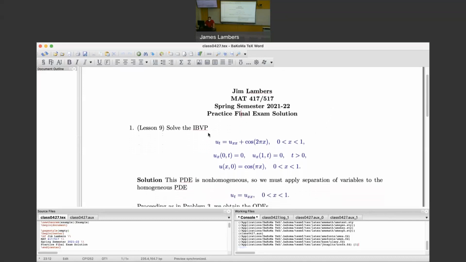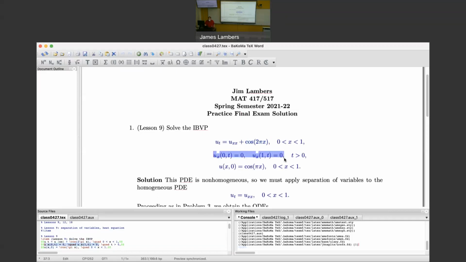starting with lesson 9, which is about a non-homogeneous heat equation. Here we have a heat equation with a source term of cosine 2 pi x, and then our initial condition and the boundary conditions. What I've seen from time to time, on either homework or a test,